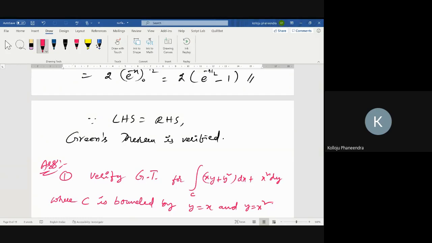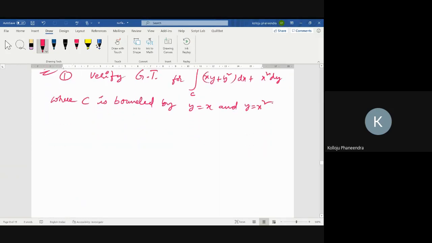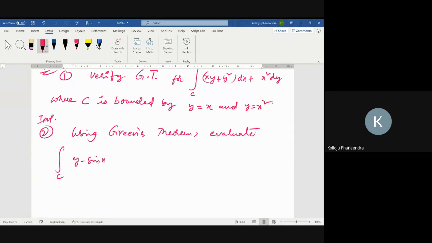Next problem. This is also important. Second one, this is important. It's a solved problem in the textbook. Using Green's theorem, evaluate the integral over C of y minus sin x. If the circulation is not specified, you always assume it is closed. Okay, sin x dx plus cos x dy,